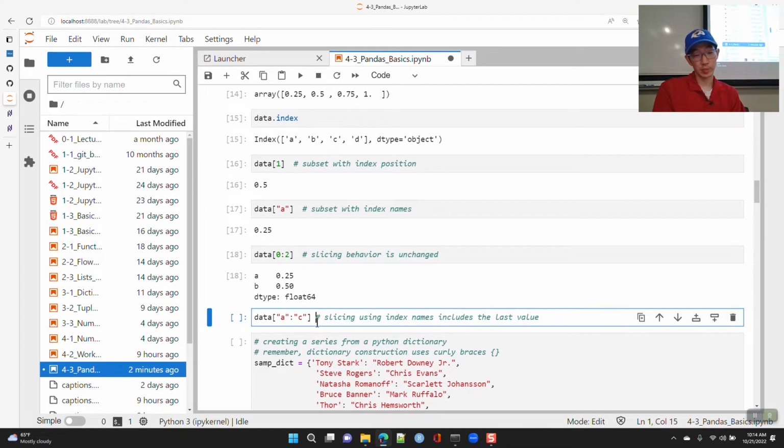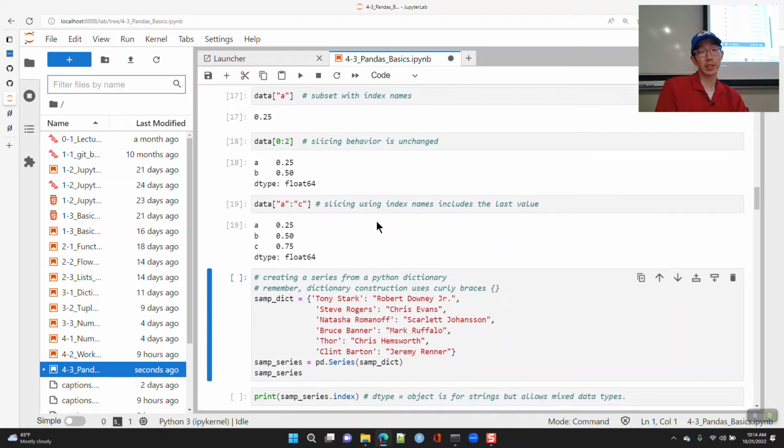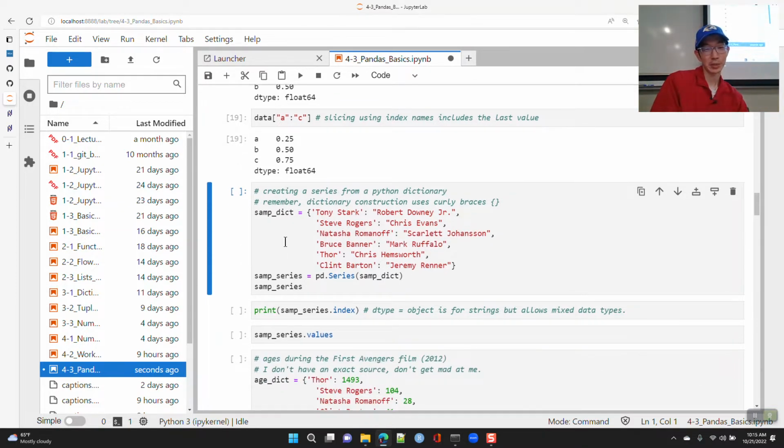When you do this, it's going to pull A, B, and C. So the behavior of positional slicing and name-based slicing is a little bit different. That's just something to be aware of. If you specify that you want to slice through index name C, it actually returns that value. And that's just how it goes.